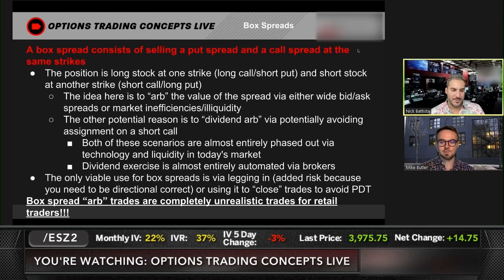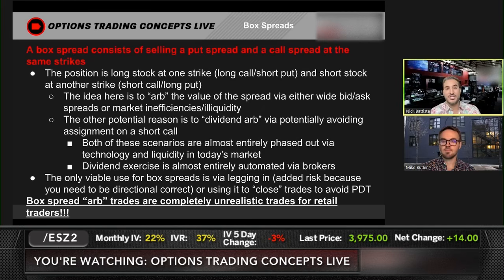So this box trade existed when technology wasn't where it is now, in that you might trade a 100 lot of a box trade and maybe 5 of them or 10 of them don't get exercised, or you don't get assigned on the short calls, and you keep that value. So you have to have a large account or some sort of potential for that to happen.